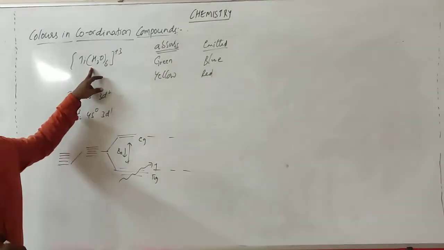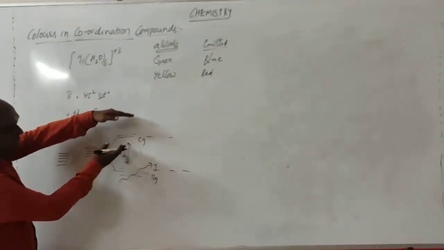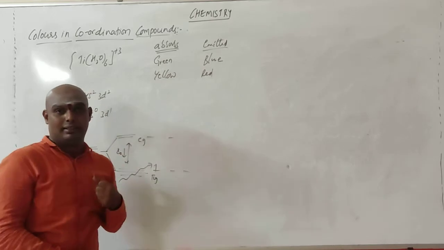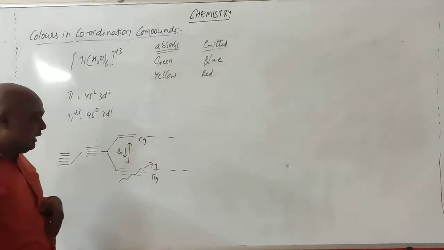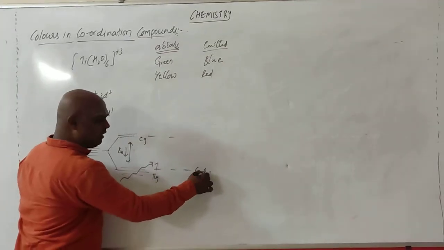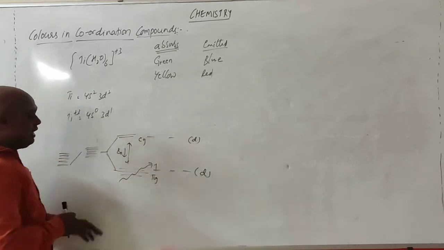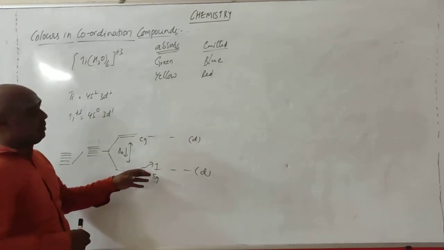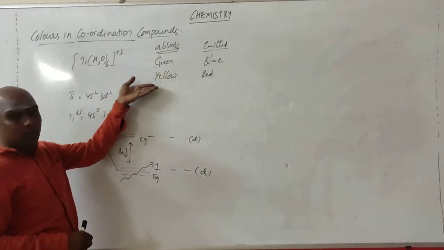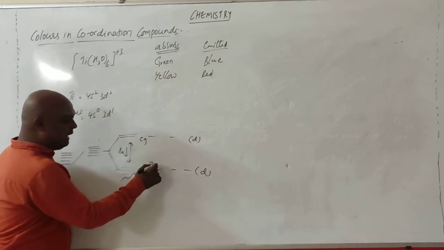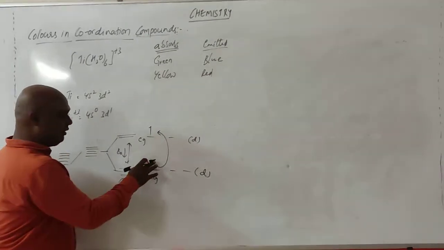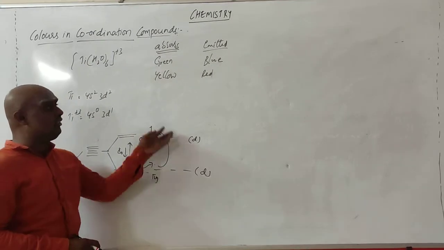Suppose there is a strong ligand, what happens? The difference will be very high here. So normal light is not enough to absorb it and get shifted to this one. See, these are all d orbitals only. Now the electron present in the t2g orbital absorbs the visible light of this radiation, green or yellow, and gets shifted into the upper orbital. It has absorbed energy and shifted to this one.